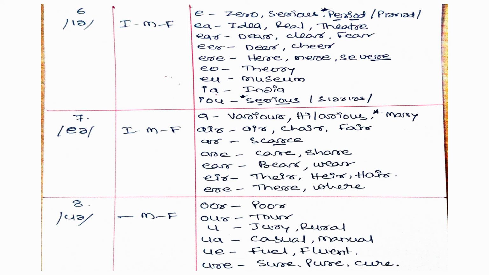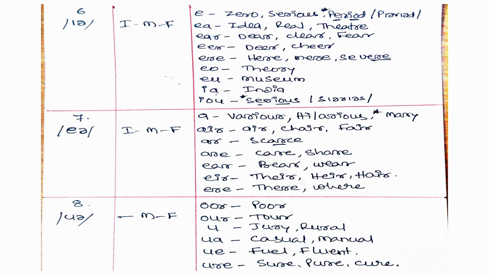Now, this sound is also represented with the letters EA, for example, in the words IDEA, idea, or REAL, real. It's not a yaa sound. There is no consonant in this word except the first one, R. The remaining are vowels: R, ear, L, and the end one is a consonant. Real. THEATRE. Theater.